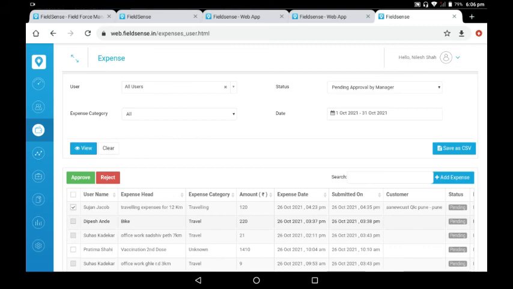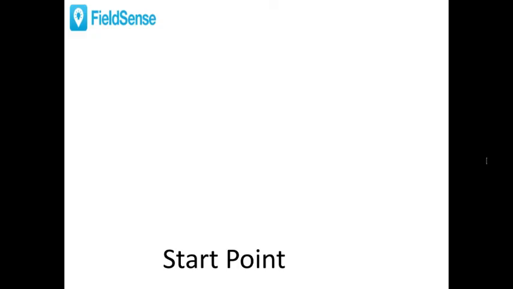In order to achieve this, the app needs to run in the background and track the user's location details from the punch in to punch out. What if user has forgotten to keep the mobile application running in the background processing? Here will be the start point of his journey A and at the end point of journey B.